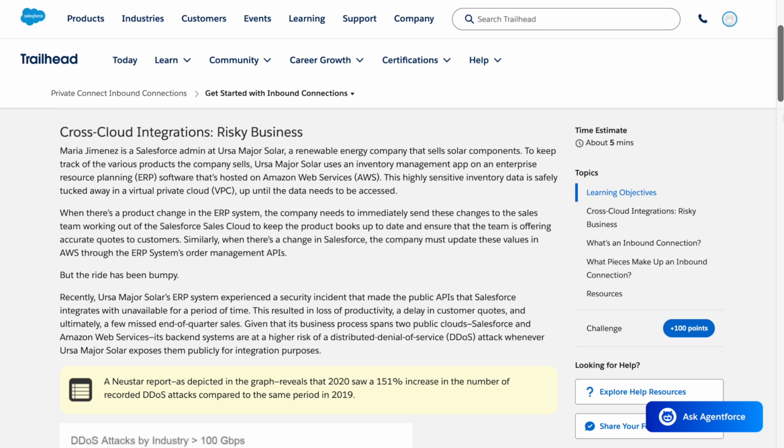Cross-cloud integrations. Risky business. Maria Jimenez is a Salesforce admin at Ursa Major Solar, a renewable energy company that sells solar components. To keep track of the various products the company sells, Ursa Major Solar uses an inventory management app on an enterprise resource planning (ERP) software that's hosted on Amazon Web Services (AWS). This highly sensitive inventory data is safely tucked away in a virtual private cloud (VPC) up until the data needs